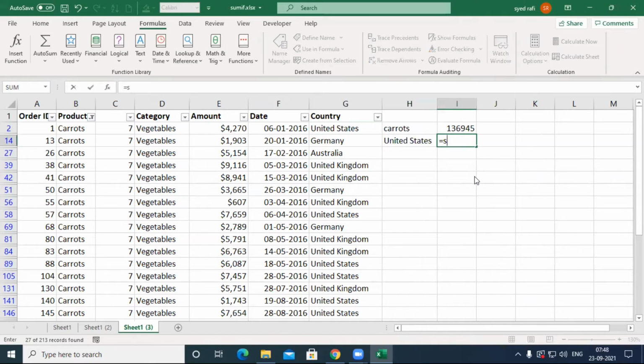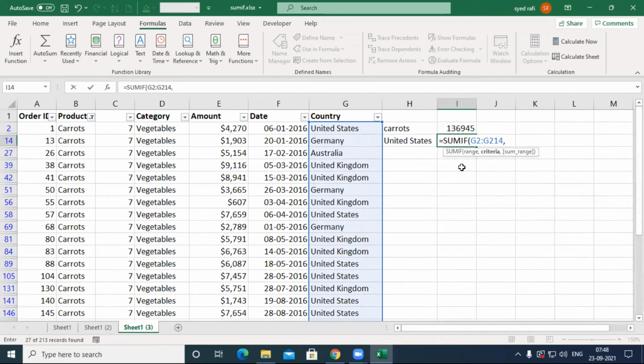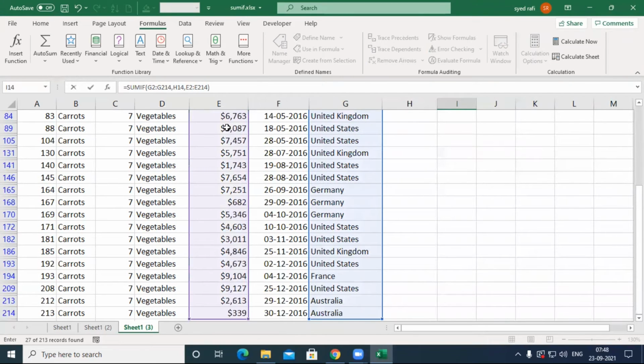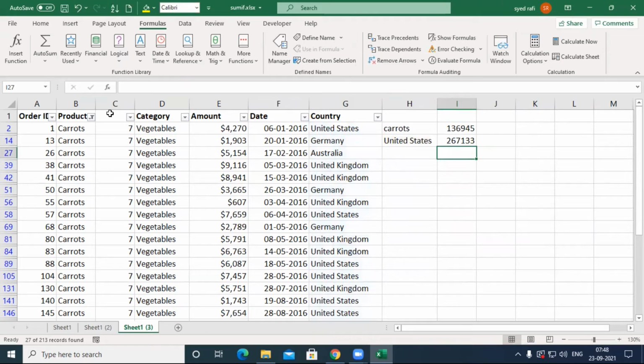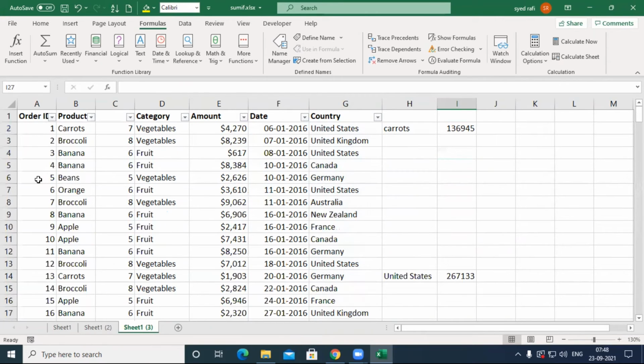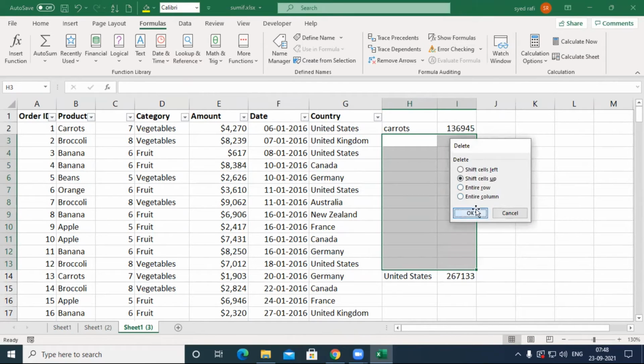So simply you say equal to SUMIF, and you must select the criteria range, comma, and you must select the criteria, and you must select the sum range. Here one problem will occur. So I will show you. We put this one, you must remove this one.